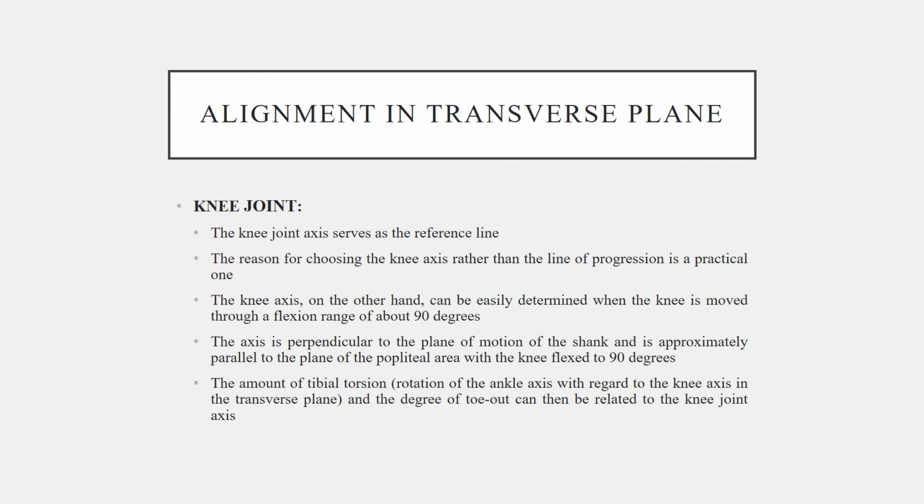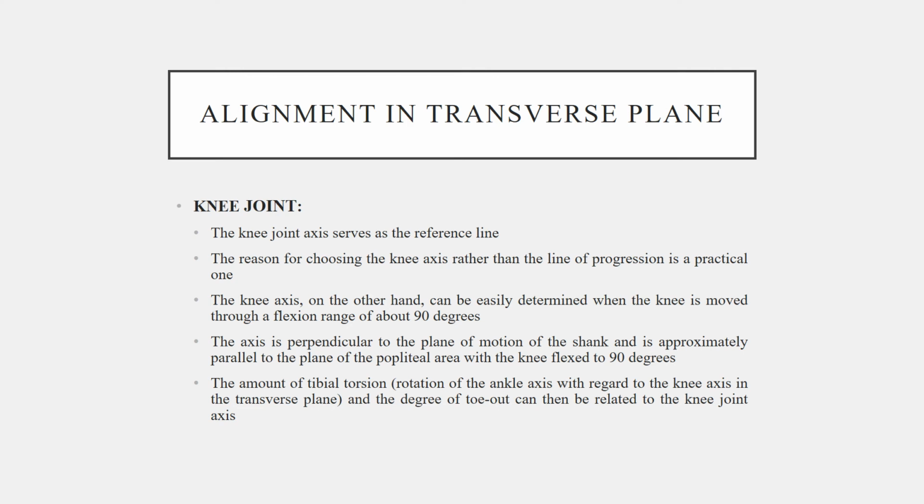Knee joint. The knee joint axis serves as a reference line for the alignment of all lower limb orthotic joints in transverse plane. The reason for choosing the knee axis rather than the line of progression is a practical one, because when there is a rotational deformity in the limb, the line of progression will change while the knee axis remains constant. The knee axis, on the other hand, can be easily determined when the knee is moved through a flexion